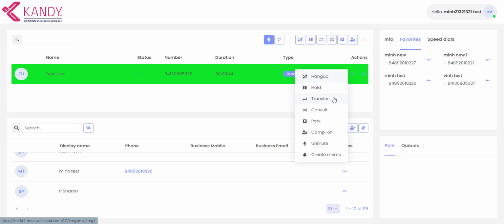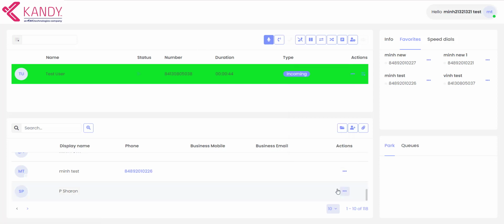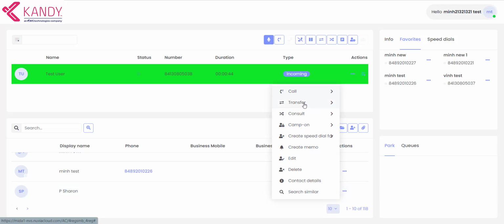When you click on this transfer, it'll put your cursor back in the box up at the top, and you can type in the extension or use the number pad built into the software. In addition to that, you can also use the company directory down below. We'll talk about the company directory again momentarily, but in the actions menu there's an option to transfer to a